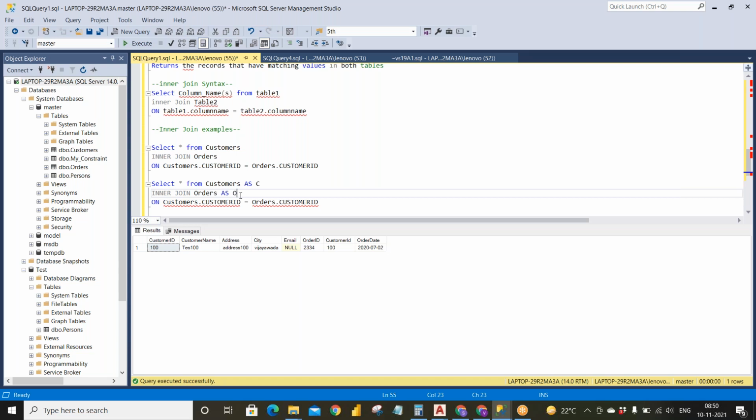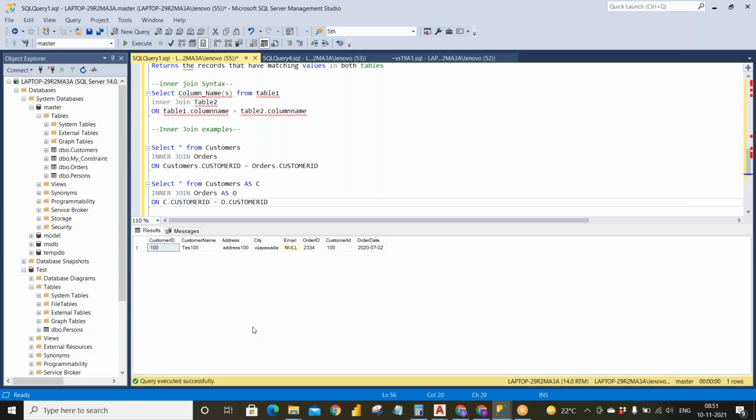You improve readability, and while writing the query it will also take much less time if you use alias names. So in the place of customers I'll be using C dot and in the place of orders I'll be using O dot. Alias is very useful when you are dealing with joins, especially when the table name is very long.